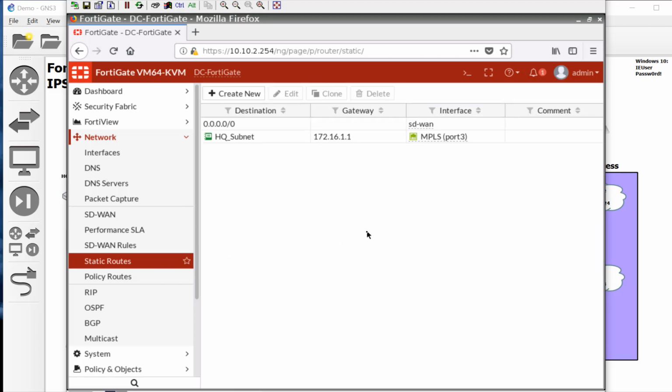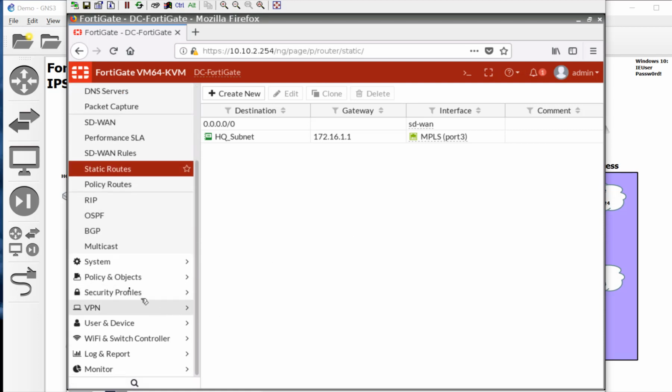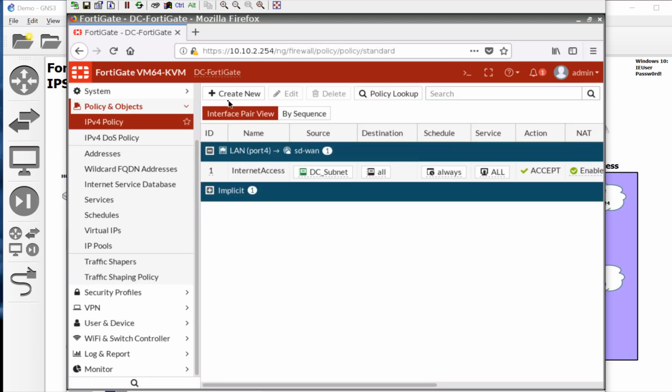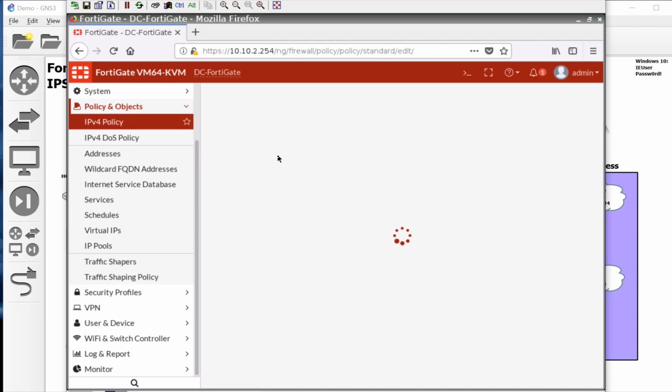There we go. And that should at least satisfy the reverse path forwarding check, okay? So then we're going to have our firewall rules. So let's go to Policy and Objects. Let's go to IPv4 Policy. And we are going to create one that says